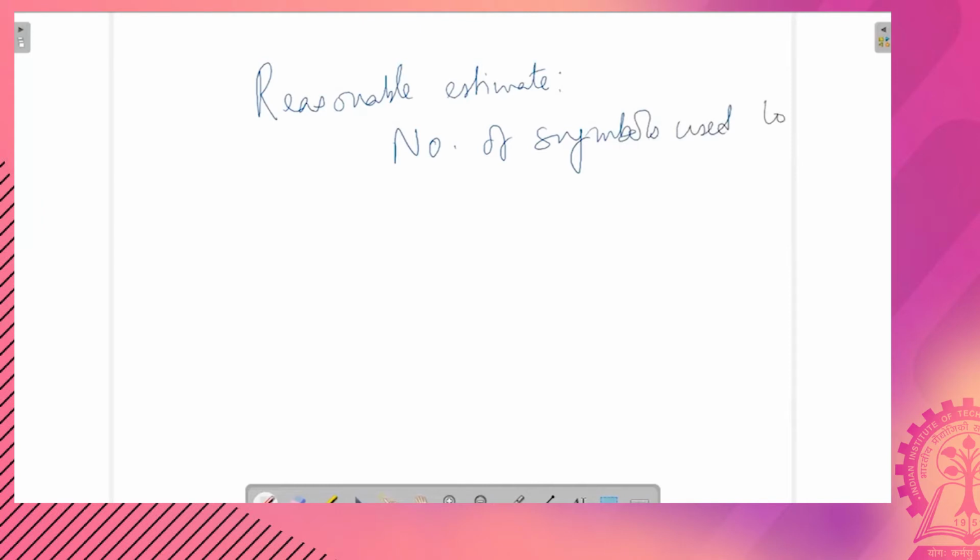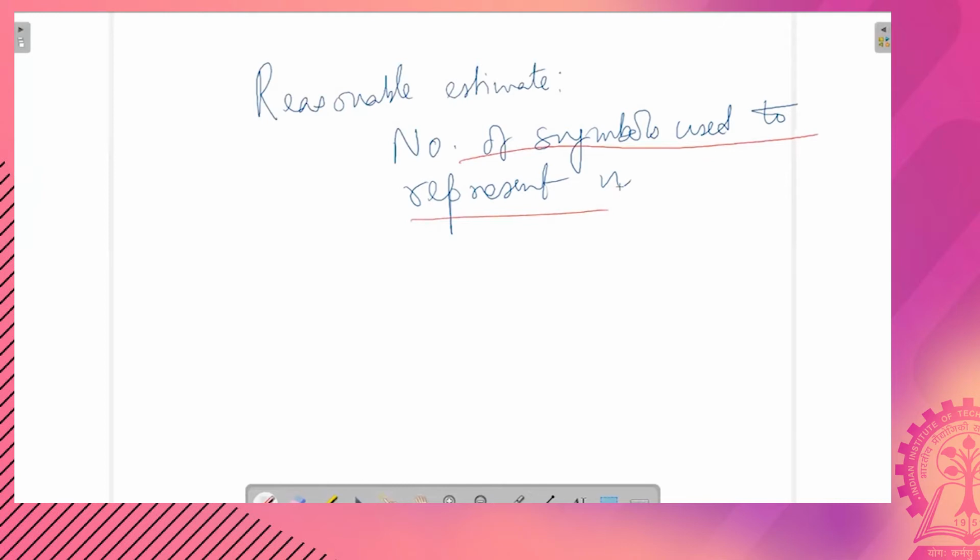Here a reasonable estimate of the input size is the number of symbols used to represent n. So n is not the input size, but the number of symbols that is used to represent n is the input size.